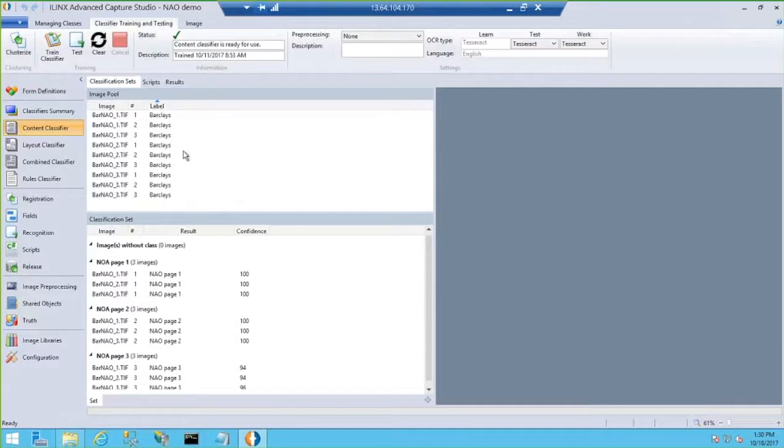Those are my sample documents that I'm going to work with and test with. And then I've got my classification set. So this is what I've trained the system on. So training is a very easy thing to do. And actually,